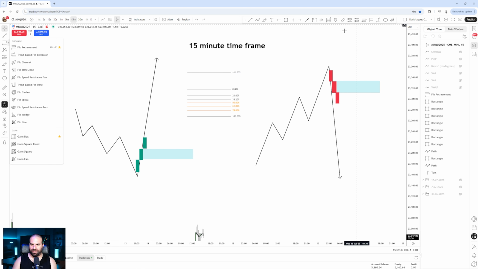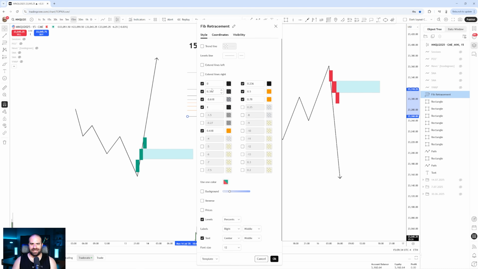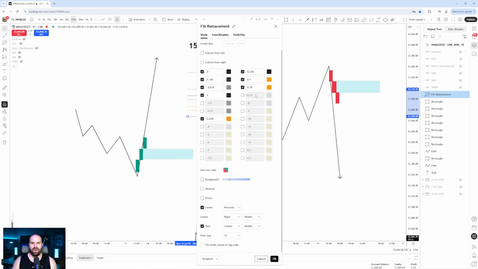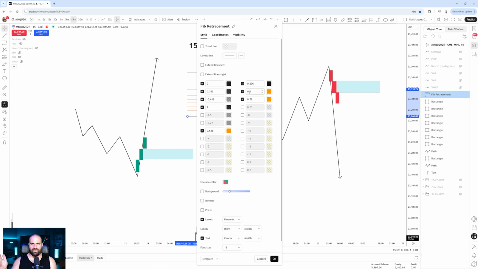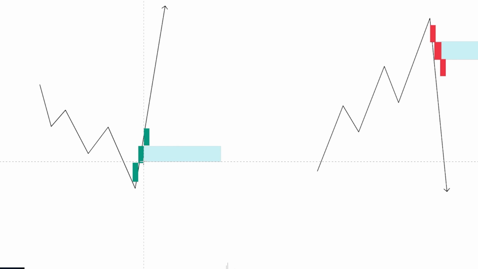It will be added over here. Place it on your screen, double click on it, and then go ahead and copy exactly the settings as I have them right here. Once you have done it, of course, you can choose your favorite colors, your preferred colors. Once you have done that, now I want you to go ahead, since you have identified here the lowest FVG, and measure the fair value gap